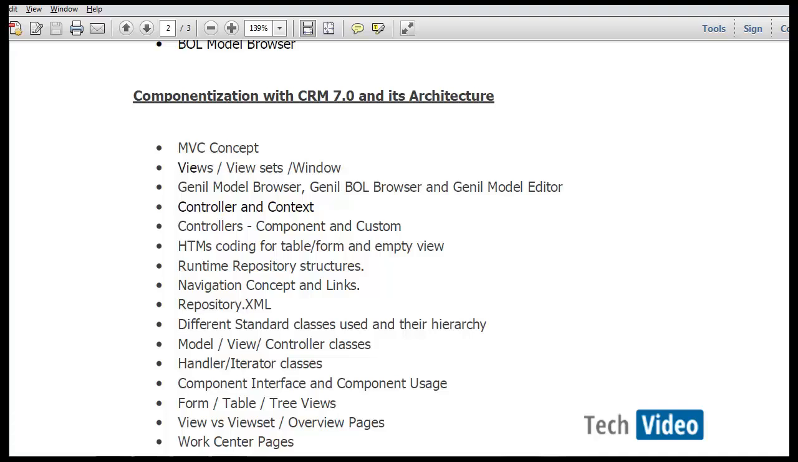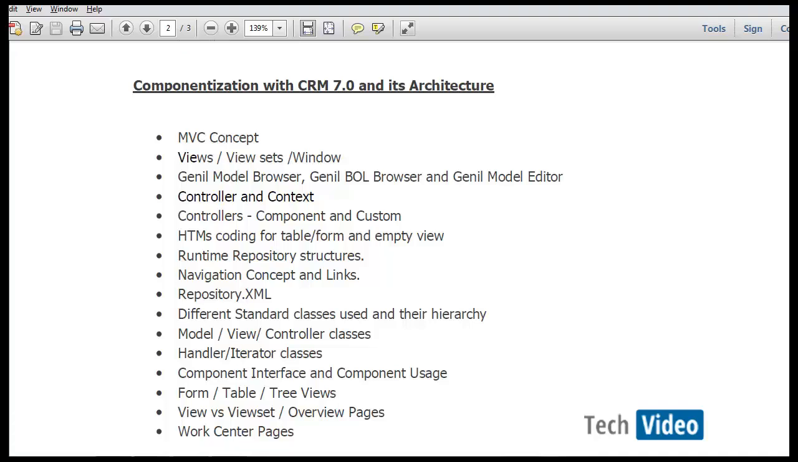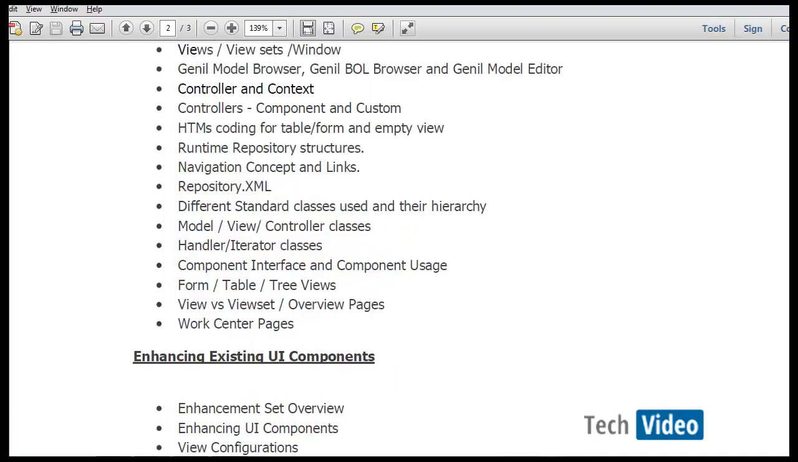Then we have a section on componentization within CRM 7.0 and its architecture. So here we cover the major basic concepts of the WebUI framework, wherein we will cover the MVC design pattern and how it is realized in SAP CRM. Also the componentization and the reuse concept of components. We'll also look at different terminologies like view, viewset, window, component, custom controller, etc. We will also look at the runtime repository and also the hierarchy of different standard classes which are used in